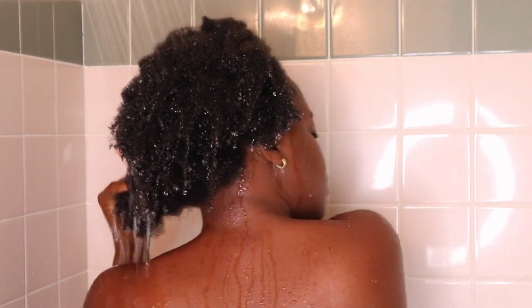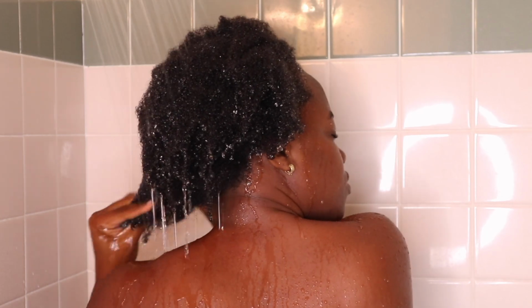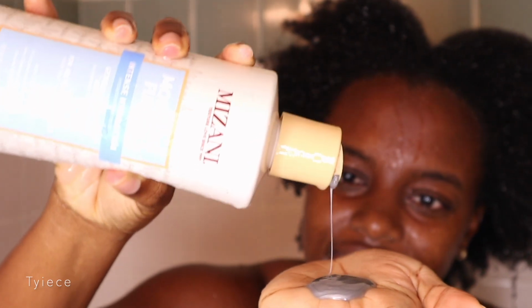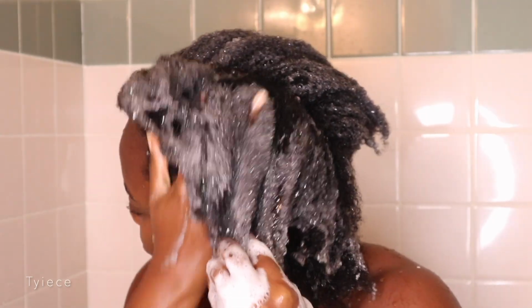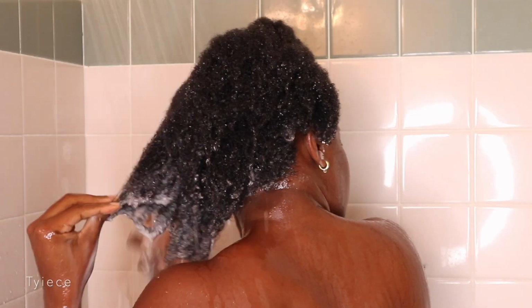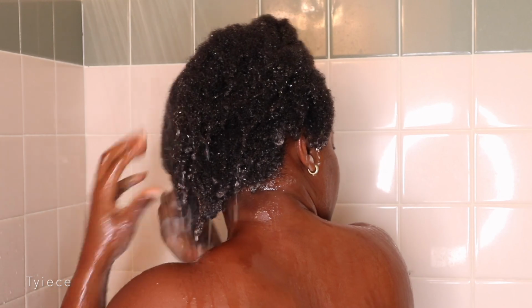This is my fall inspired wash day routine for my 4C natural hair. Today I am starting by clarifying my hair with the Mazani Moisture Fusion Clarifying Shampoo to lift all of the dirt and buildup that I have for the month. This allows my hair to absorb moisture properly, and it allows my hair to become lightweight and free of heavy